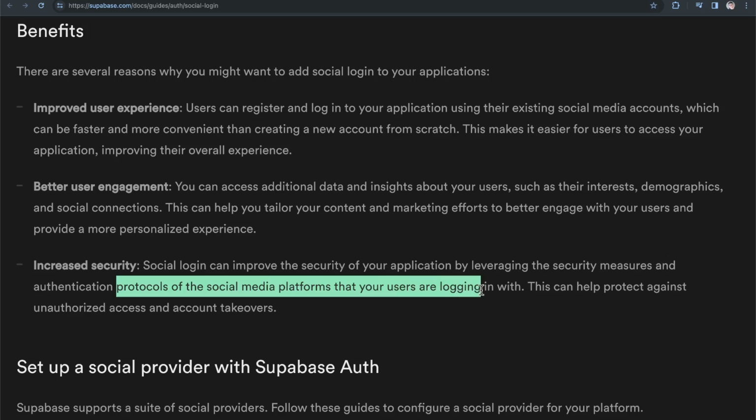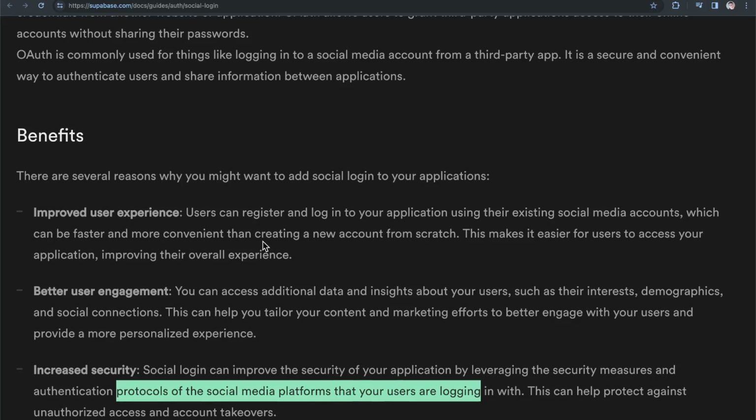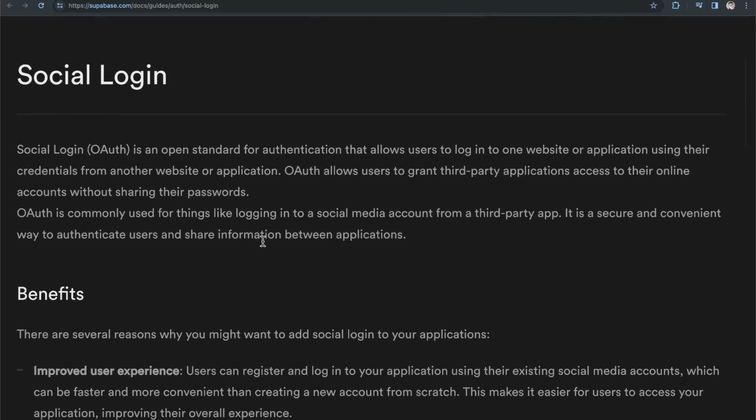So, let's be honest here. If I'm just creating my own product from scratch, do I really think that I'm going to be able to necessarily handle every nuance of authentication better than the team at Google or Apple? Maybe not necessarily. Now, I'm sure those companies have stuff fall through the cracks, and I would probably use a platform like Supabase to do my authentication, which they handle a lot of stuff for you. But there is that benefit as well. So that's kind of what we're talking about when I say social login, as well as some of the benefits